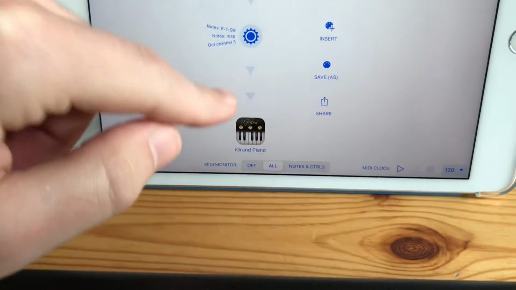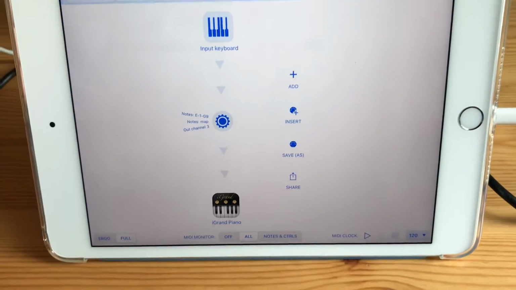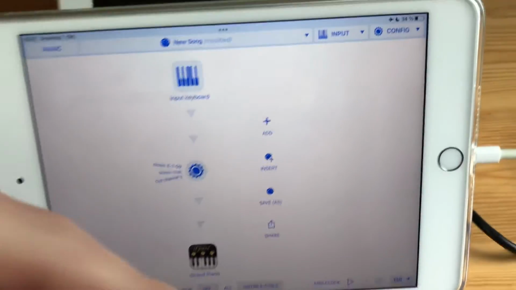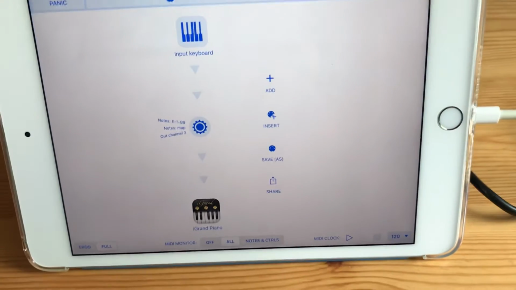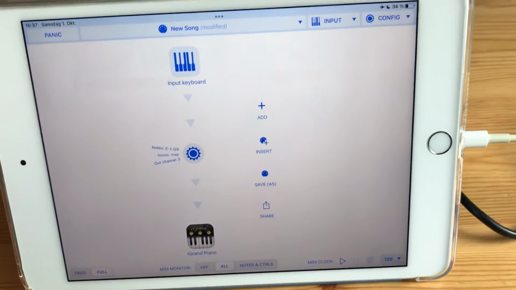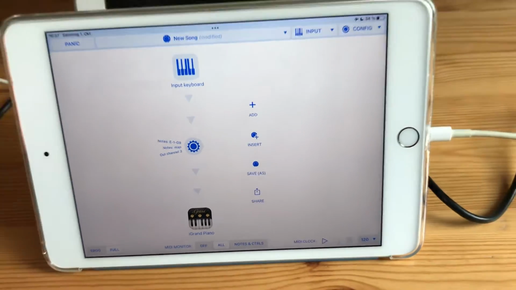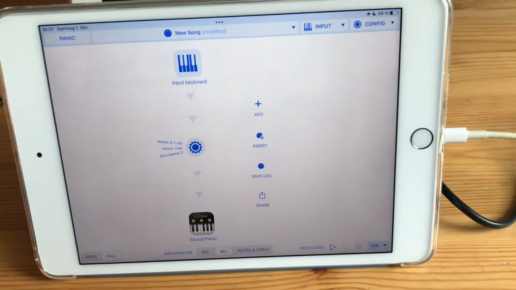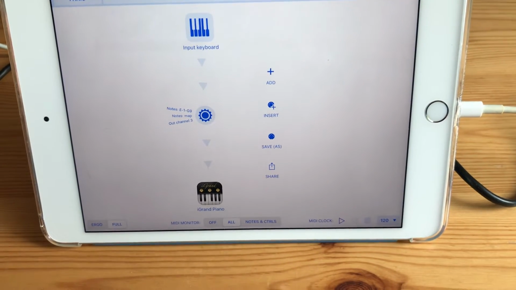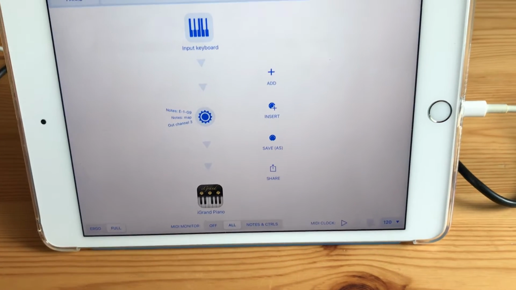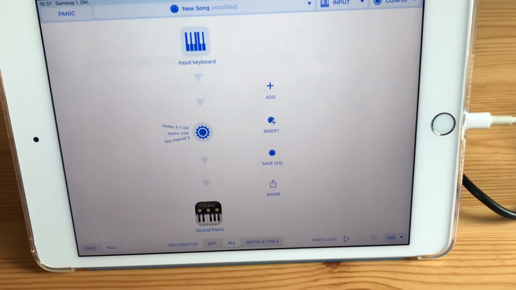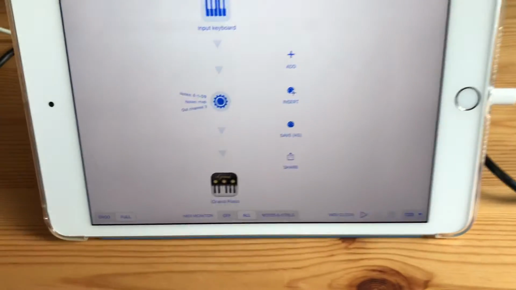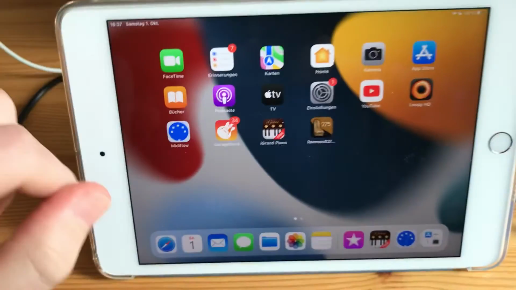And now we have our setup, and the next thing would be to actually route the MIDI keys into another app, or actually another controller that is connected to the iPad or iPhone. In this case, I do not have an external controller, but I do the sound synthesizer, or what you want to use on the iPad itself. So I use iGrand Piano, change the app here,